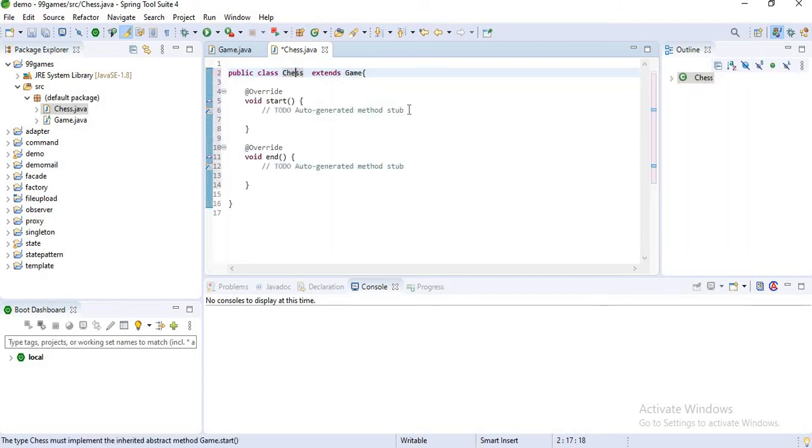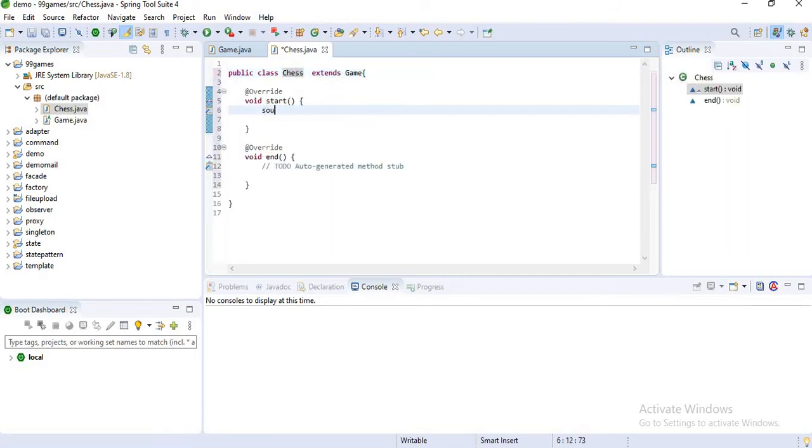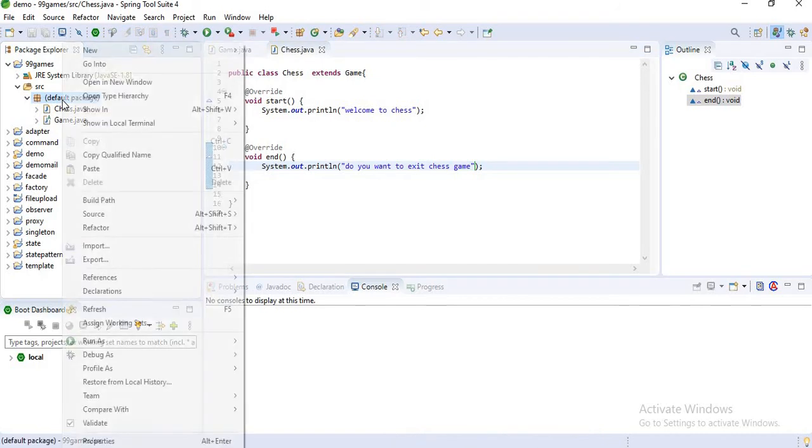I have added the unimplemented methods. I can print a message like "Welcome to chess game," and here I am printing a message like "Do you want to exit chess game?"